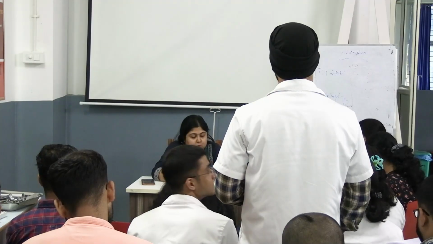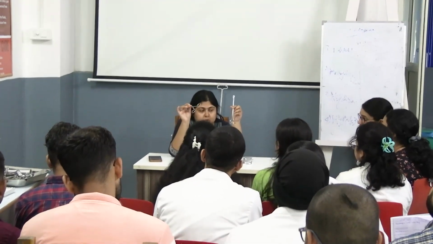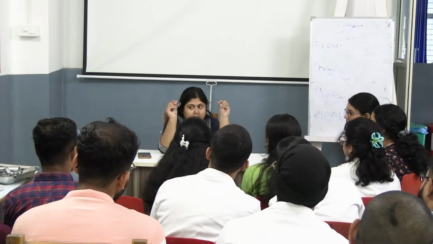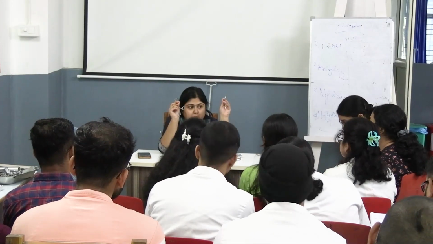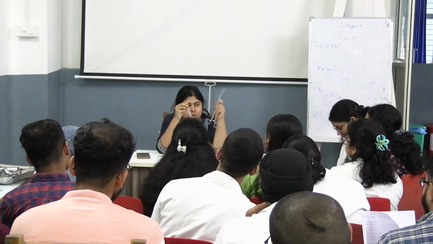So what are the confusing ones? These two instruments look similar. This has a catch and this does not have a catch. Any instruments that look similar: this is ovum holding and this is sponge holding forceps. The same confusion occurs with these two instruments: one is multiple tooth Vulsellum, one is Ellis tissue holding forceps. Both look similar, but this is a bigger and stout instrument with a curved end, and this is a straight instrument.